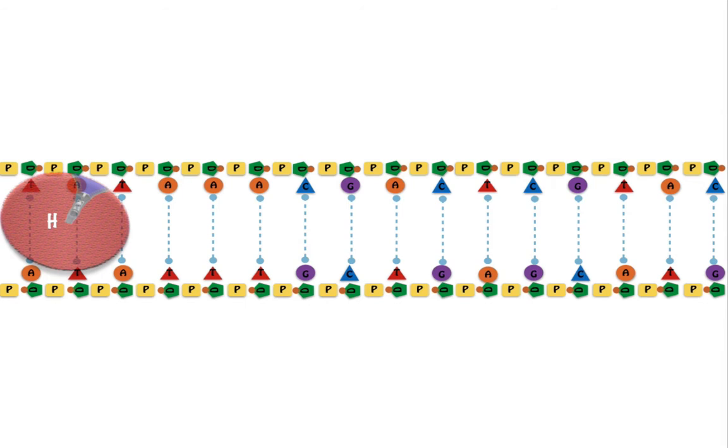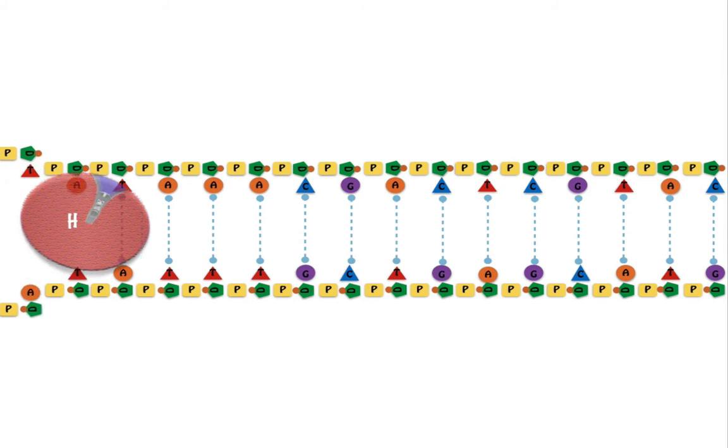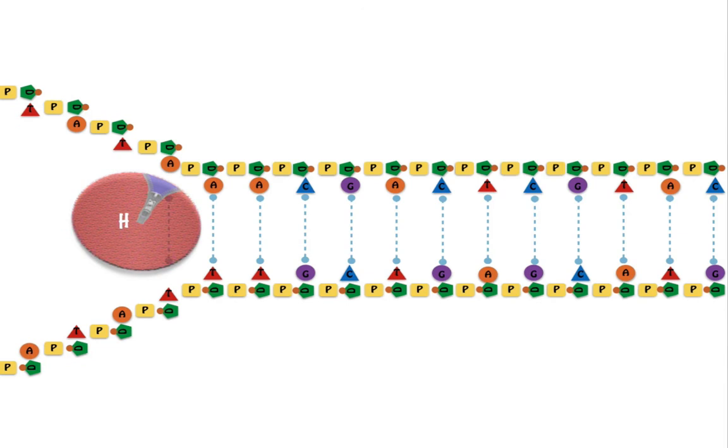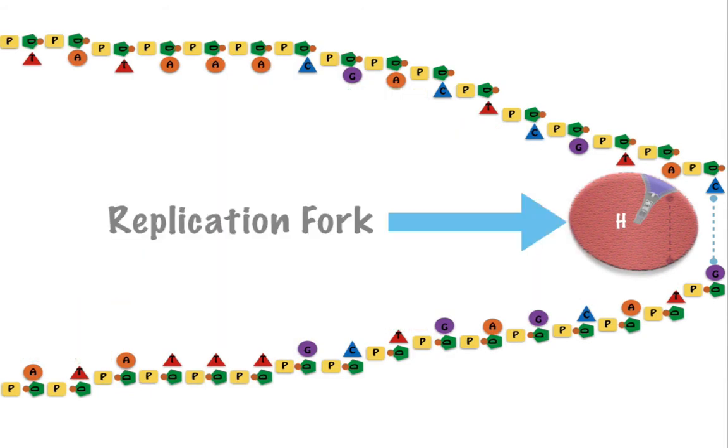Helicase will come in and attach itself to a specific portion of DNA. It will break these hydrogen bonds, and it will begin to unwind, or unzip, this DNA molecule. Alright, so let's speed this process up just a little bit. You'll notice there's a Y shape that begins to take form, and at that point right here in the Y,